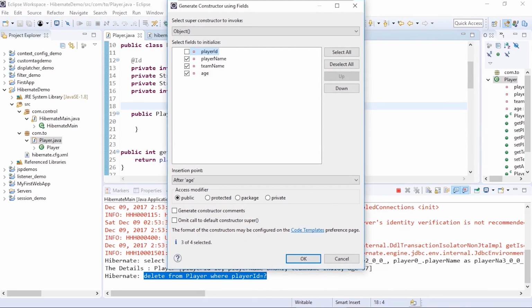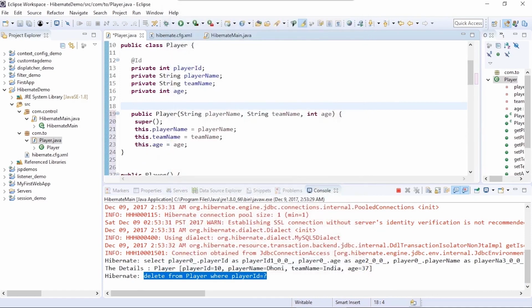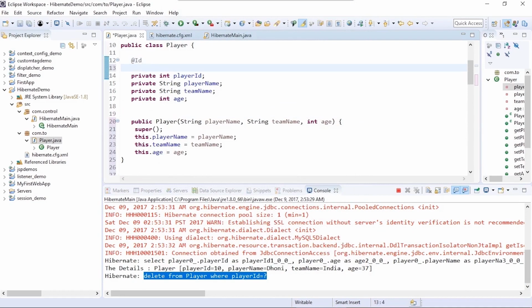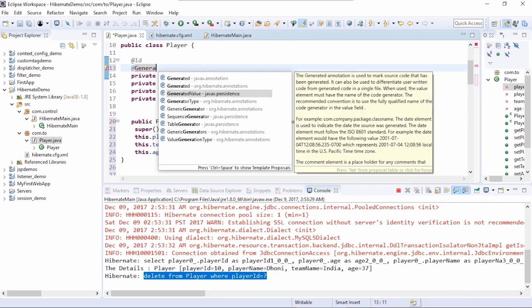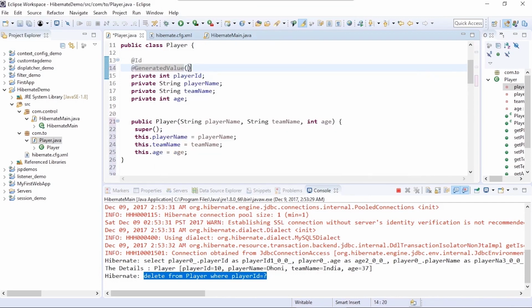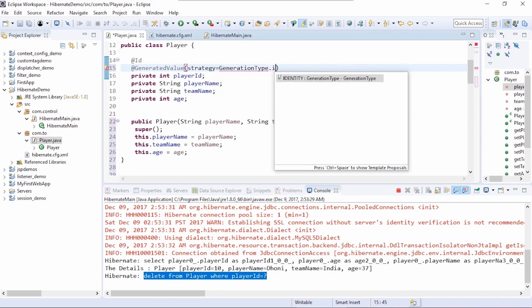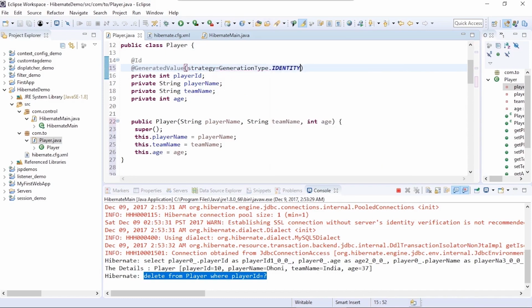So we've created a parameterized constructor. We do not need the ID to be passed. We want to auto generate it. And we'll say generated value, strategy equal to, we'll use the enumeration generation type dot identity. Now this will auto generate the ID every time we try to insert a record.